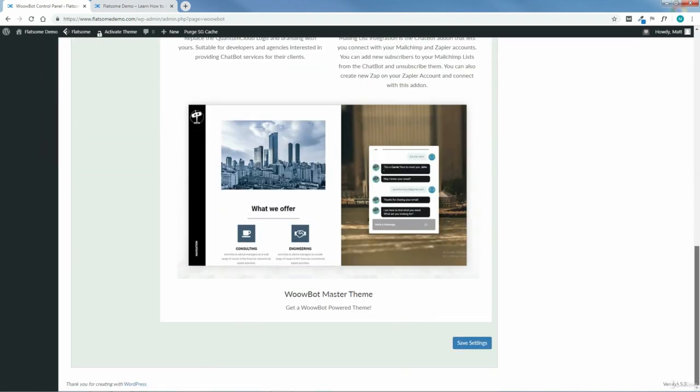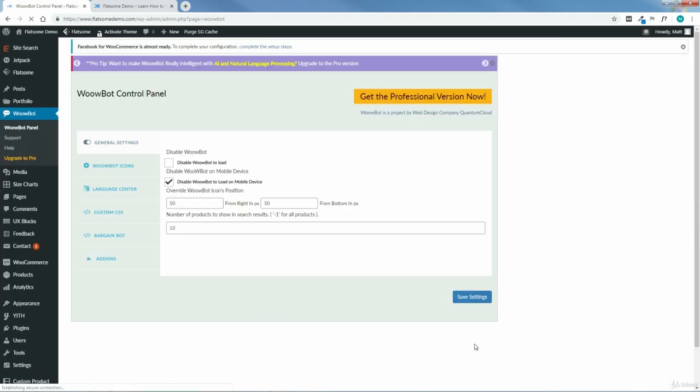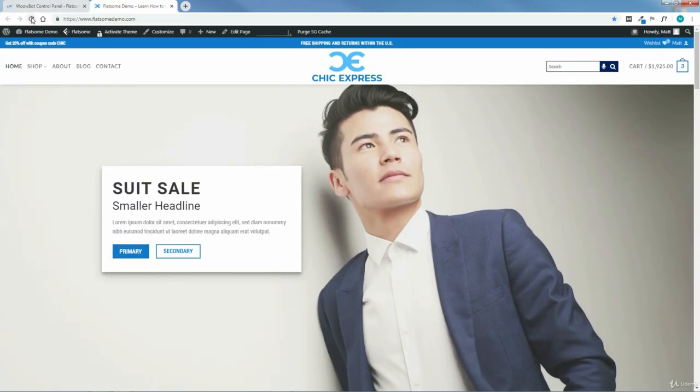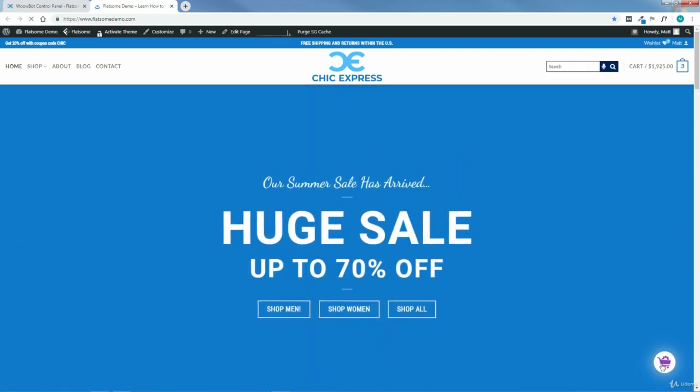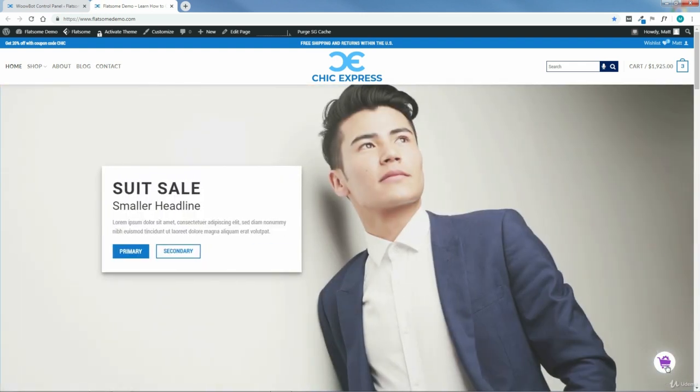So once you're done, you'll come down here and click Save Settings. And now we'll go back to our store and refresh the page. And now you see we have this little icon down here. This is the WowBot. So if I go ahead and click that,